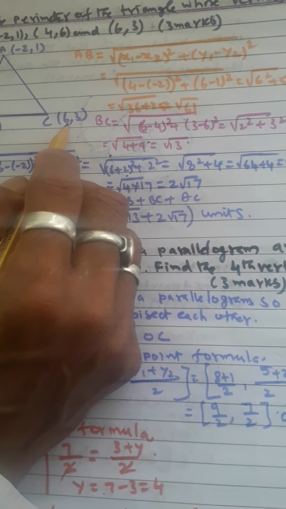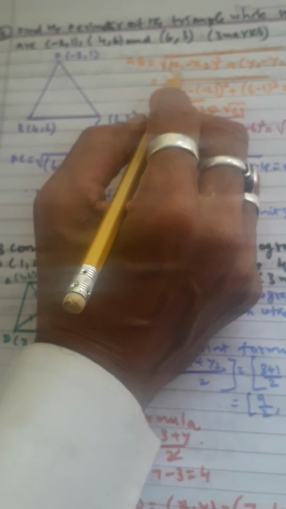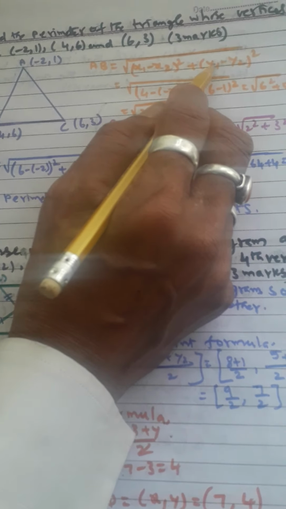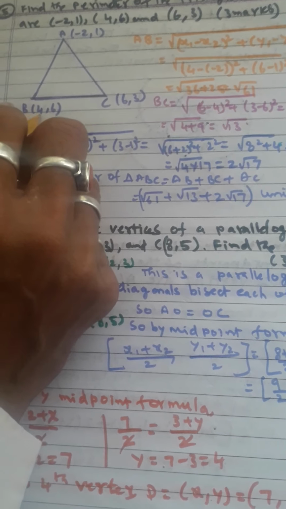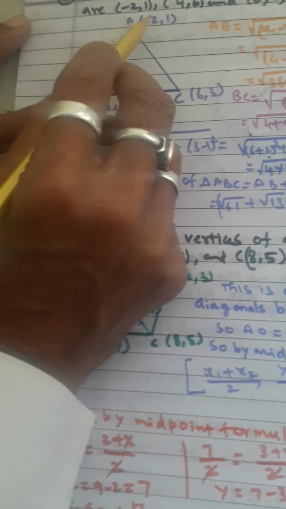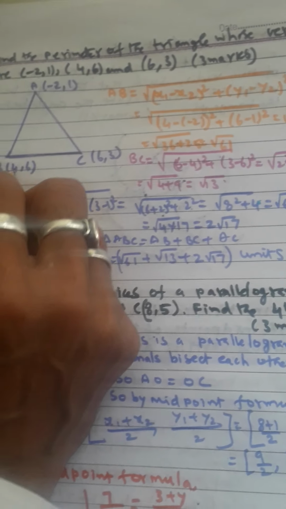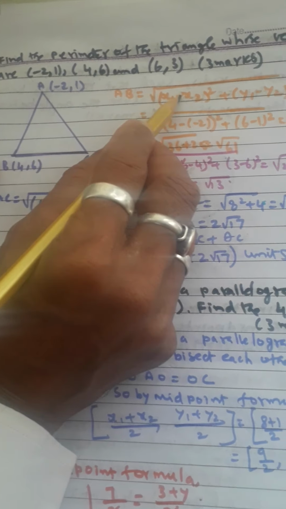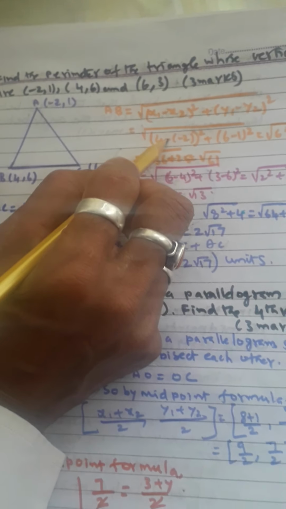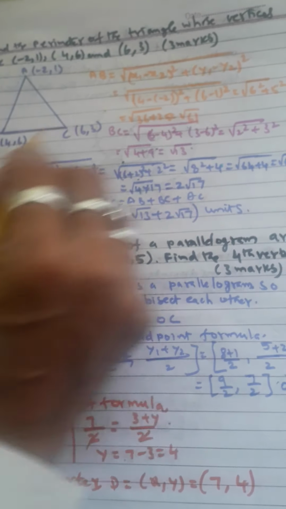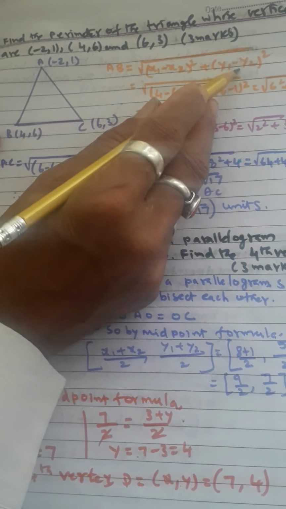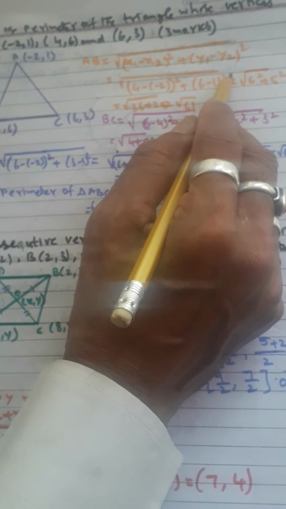Now you already know the distance formula. What is the distance formula? You have to use the square root of (x1 minus x2) whole square plus (y1 minus y2) whole square. So for finding AB, I am taking this as x1 and this as y1, and this I am considering as x2 and this as y2. Now substituting in this formula, here 4 is there, then here minus 2 is there, and here also minus is there, so minus into minus becomes plus. Then the y value is 6 here, and minus 1, so 6 minus 1 whole square.